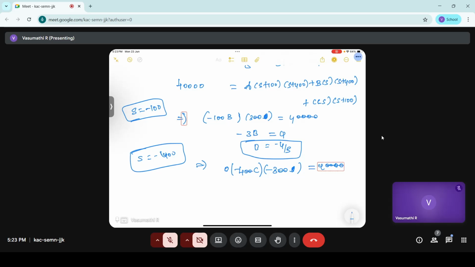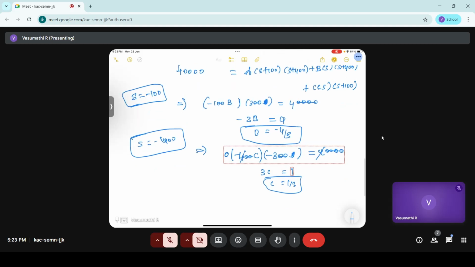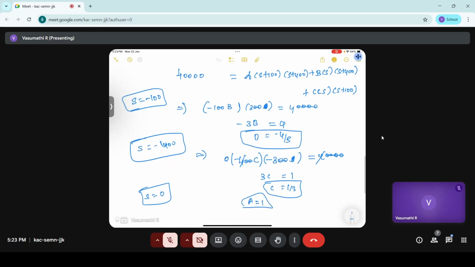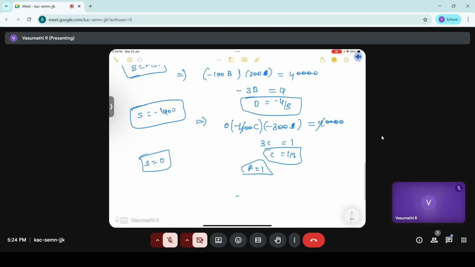Again, this will cancel. 3c is equal to 1, so c is equal to 1 by 3. Anybody found what is a? A is 1, right. If you put s equal to 0, you will get a is equal to 1. So at last what you will get is 1 by s,